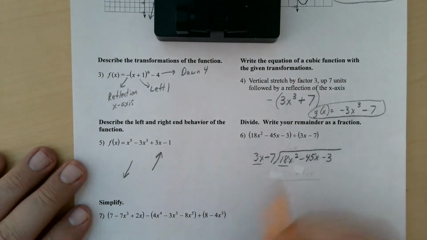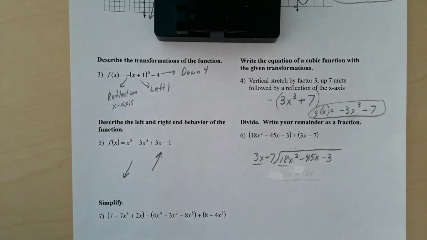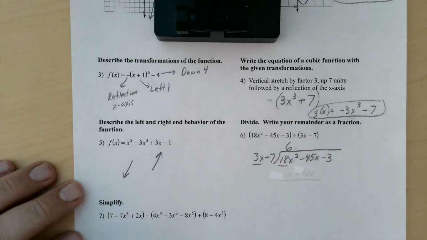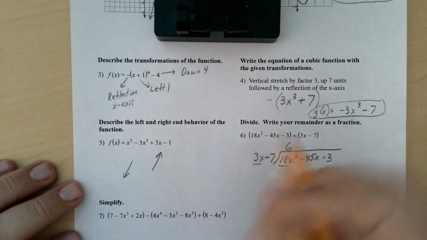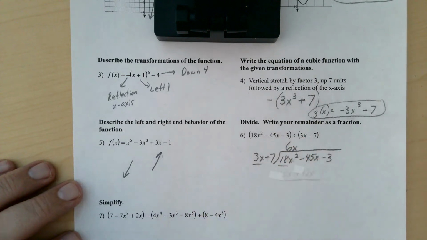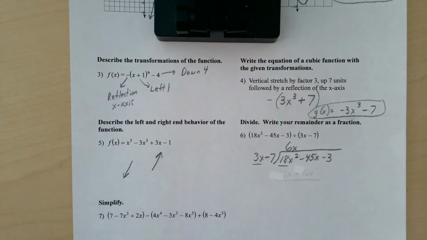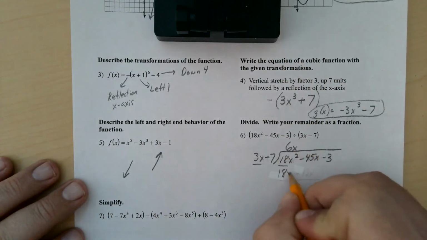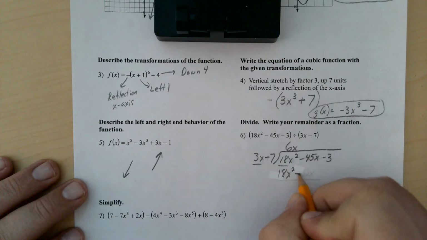We start out by thinking, hey, 3 goes into 18 how many times? Well, 3 fits evenly in 18 6 times. So I put a 6 up top, and then I have an x in the x squared. It goes x times. So I have a 6x up top. Whatever you write up top needs to be multiplied by what's on the outside, and everything should line up for us. So 6x times 3x is 18x squared, and then we get a negative